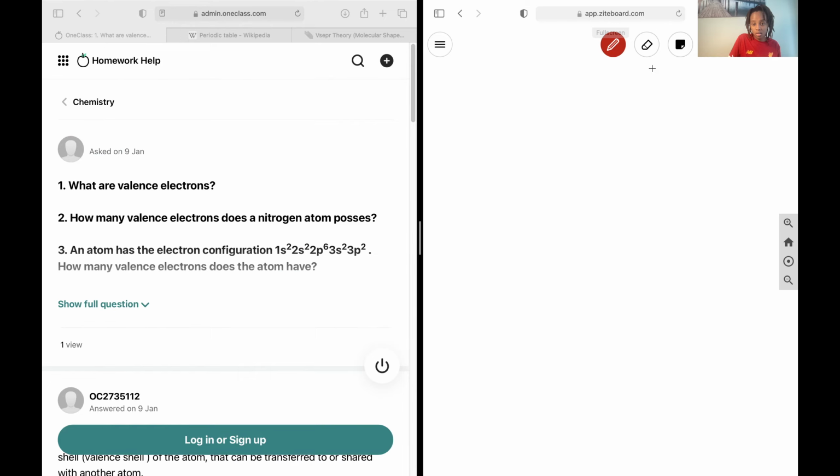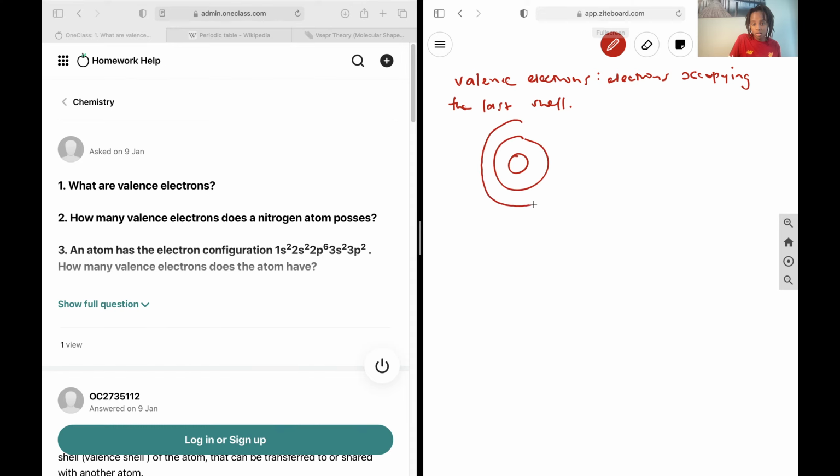Okay, next up, we would like to talk about valence electrons. So valence electrons are the electrons occupying the last shell. And so how this is typically described at the high school level, if you're using the planetary model, is we have our nucleus, and then we have all of these levels that can hold different amounts of electrons. The first one can hold 2, the next one can hold